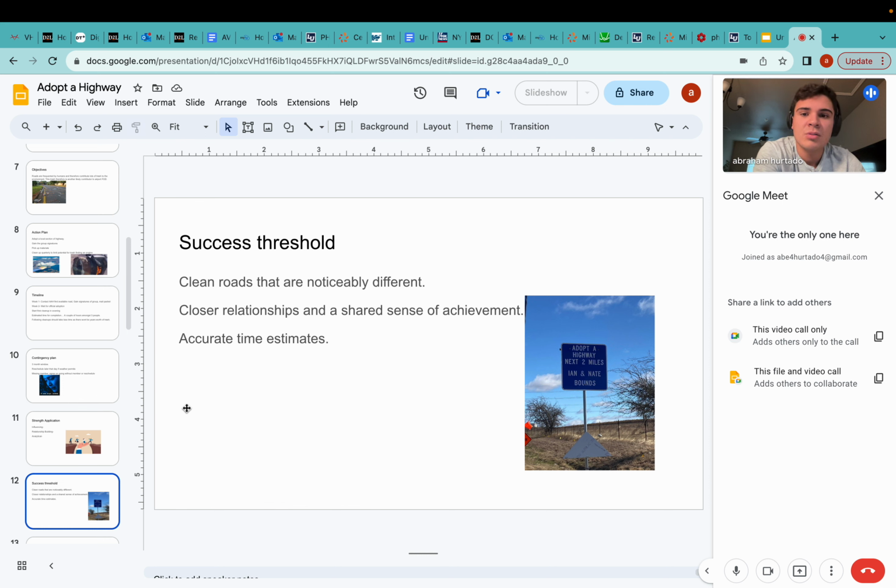Success threshold, clean roads that are noticeably different. We want to be able to go outside and look and see that there's no trash around. Our community looks a lot better. Closer relationships and a shared sense of commitment, or rather achievement, as a commitment is not a part of what we want, but something we have to do. Anyways, the sense of achievement is going to be